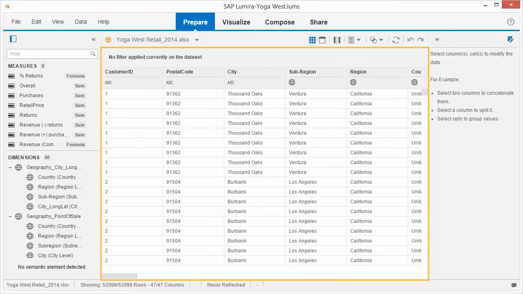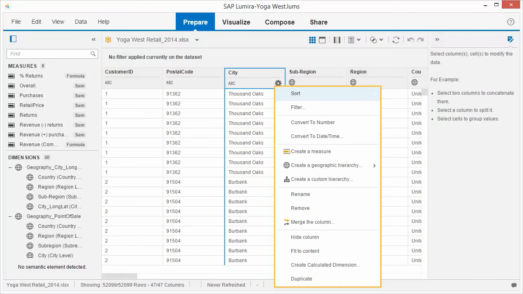The values from the dataset display in the main window in either grid or facet format, with icons in the column or facet headers to indicate the data type: ABC for strings, 1, 2, 3 for numbers, calendars for dates, globes for geographical hierarchies, and clocks for time hierarchies. Above the panel, any filters applied to the dataset are displayed. There are also menus in each column or facet header that let us perform additional commands for each measure or dimension.